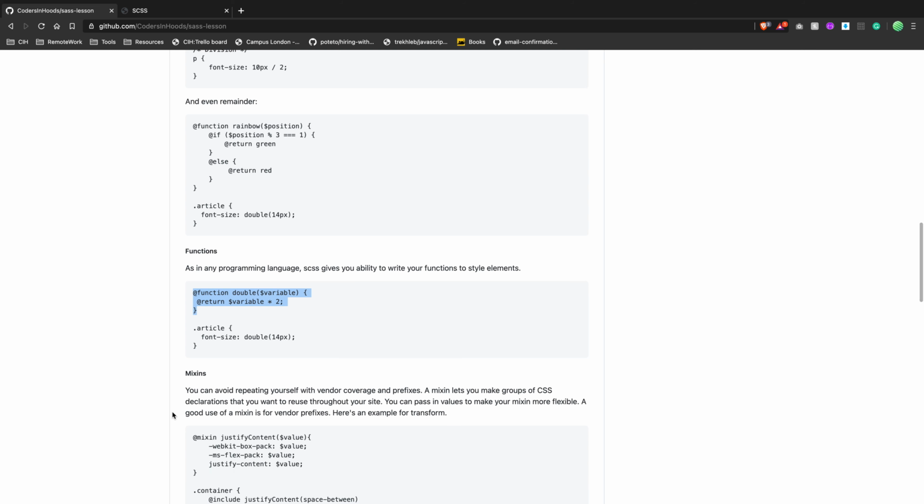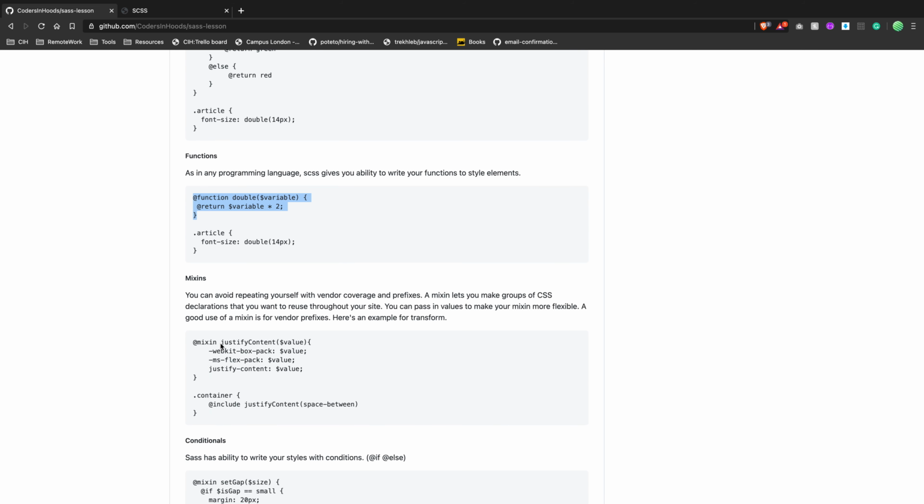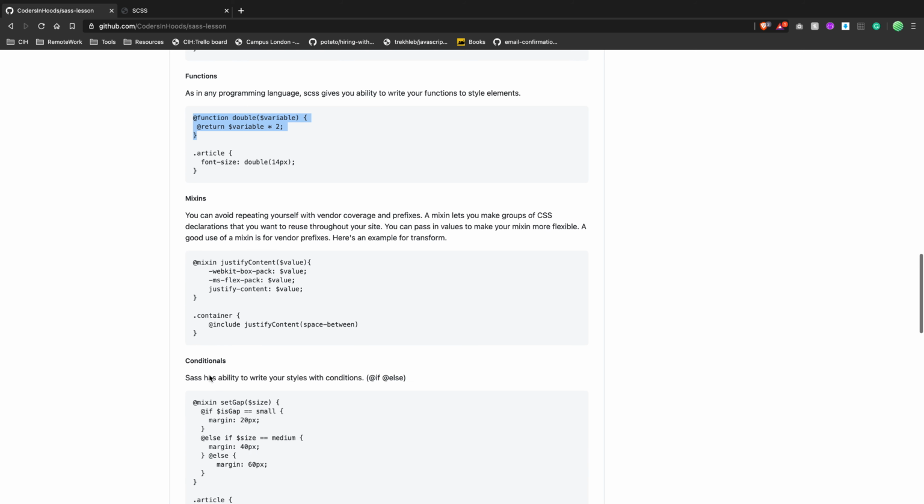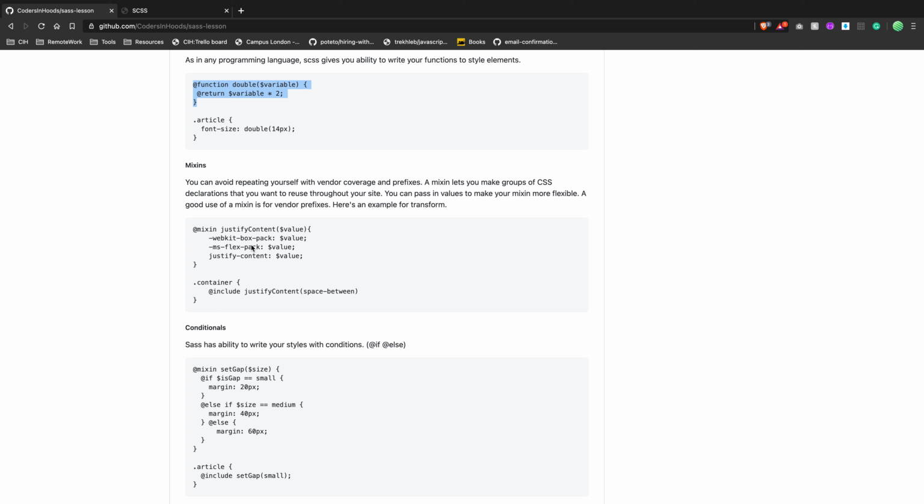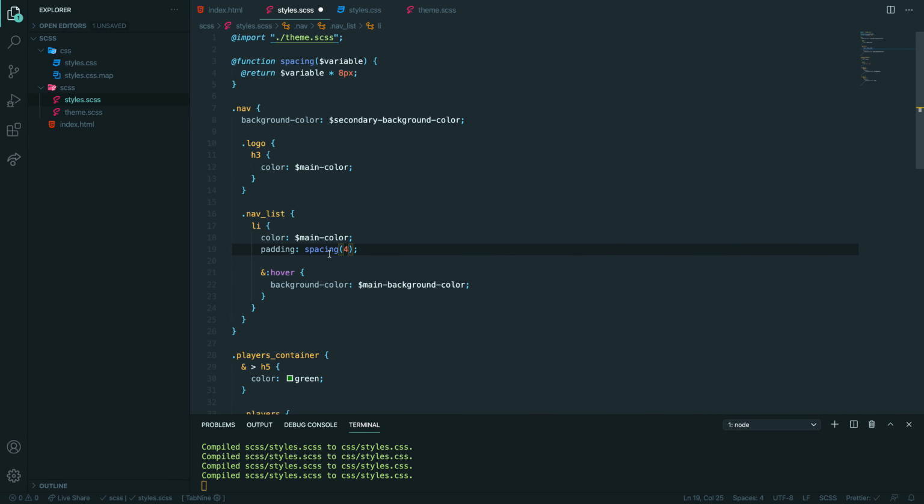Okay. So the next bit is mixins, which is actually a useful thing. Basically you're defining some section of code, a bunch of stylings that you can reuse. First of all, this is useful for things like browser support, and you know the browser prefixes like Microsoft, etc. for Flexbox. Again, this is not the issue now, but if you support older browsers, you might need to create such mixins,